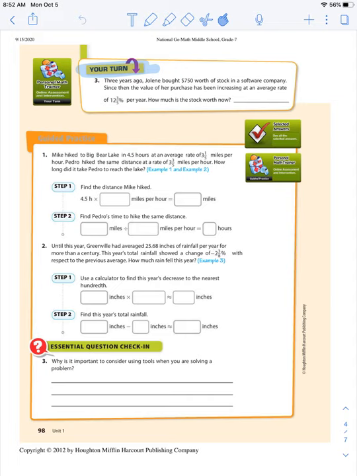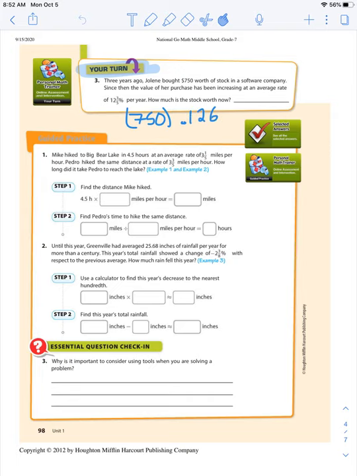3 years ago, Jolene bought $750 worth of stock in a software company. Since then, the value of her purchase has been increasing at an average rate of 12 3/5% per year. How much is the stock worth now? Okay, so this was 3 years ago. So like in the last problem, how we did it twice, this time we're going to repeat our steps 3 times. So it started at 750, and then we're going to multiply that by